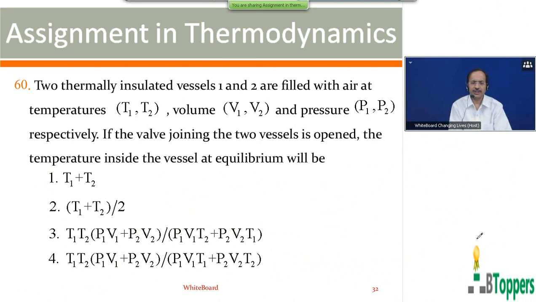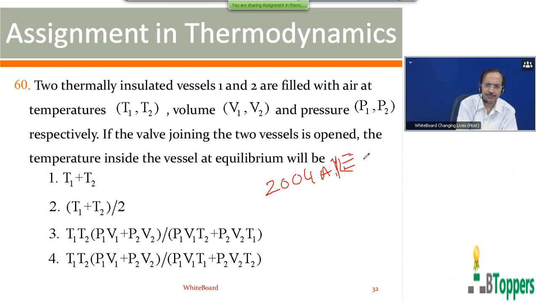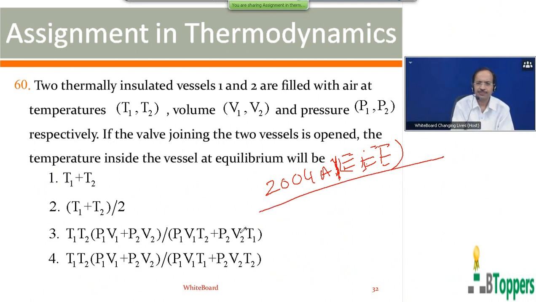So for question number 60, which I have just discussed now, third option is the answer. This question was given in 2004 AAA exam, but I observed the same question now. You again find in your intermediate 11th class, I mean junior intermediate physics textbook also I observed same model question given in the regular exercise questions. So you have to probably prepare this question even for your board exam also.